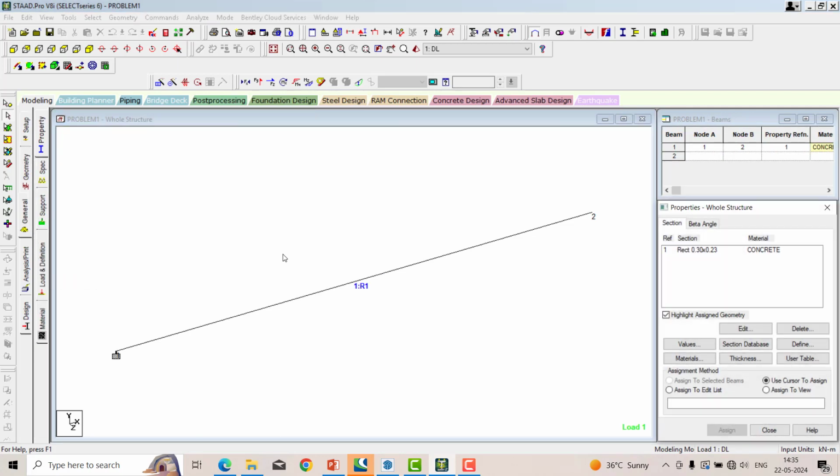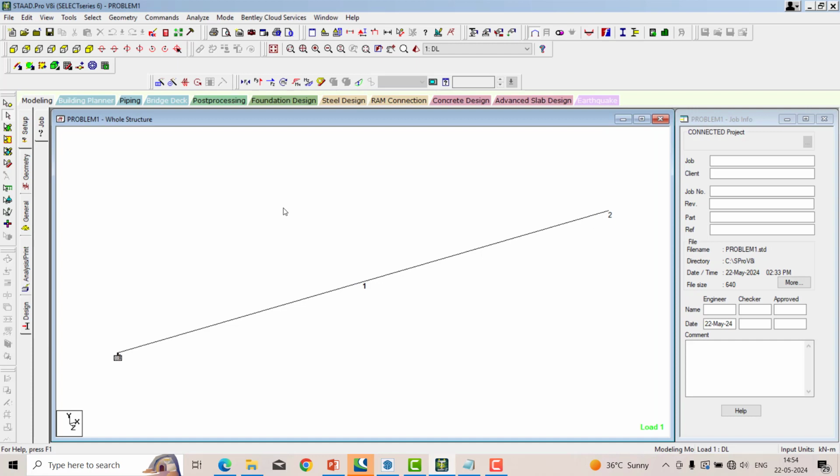So now I just want to confirm the beam distance, means you have the option that is display node to node distance. Click over that option, click the first point and second point, between which points you want to measure the distance. This is how you can show the distance. If you want to remove, then just after that we have the option that is remove all the nodes to display. So like this way you can check the analysis, shear force, bending moment and deflection under the different load conditions.